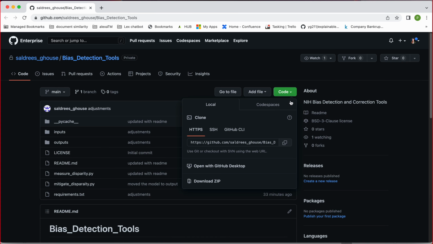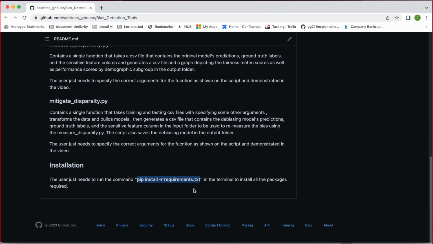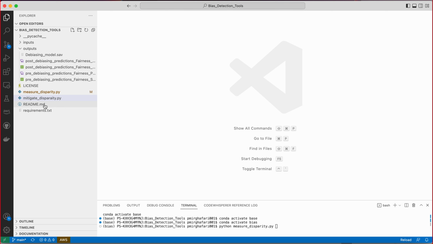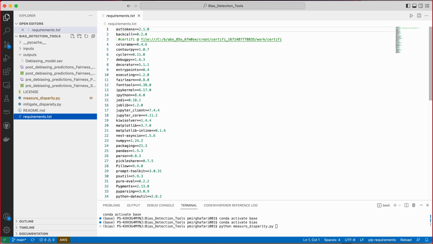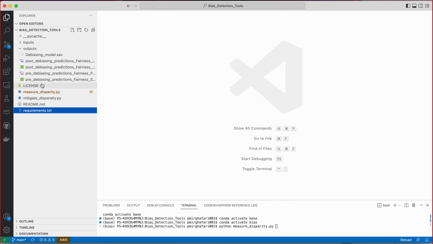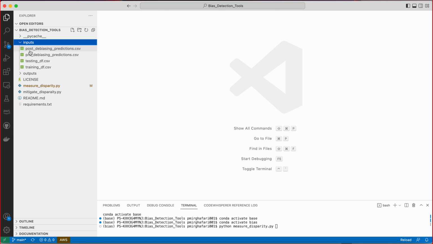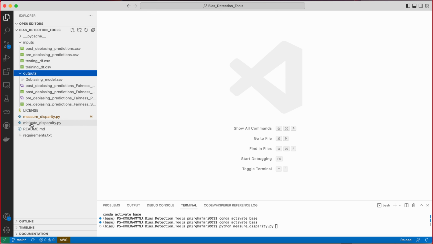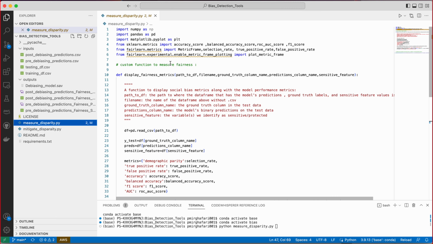Now, after we go to our GitHub repo, we clone the repo, then we open VS Code, create a new environment, and run this command, which is pip install requirements.txt, to install all of the packages that we need in order to run these Python scripts. On the left-hand side, we can see we have inputs, outputs, and the two Python scripts that we're going to use. We're going to start with measure disparity.py, which is a Python script that has only a single function that takes